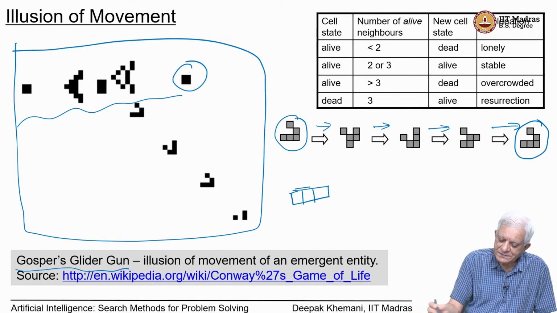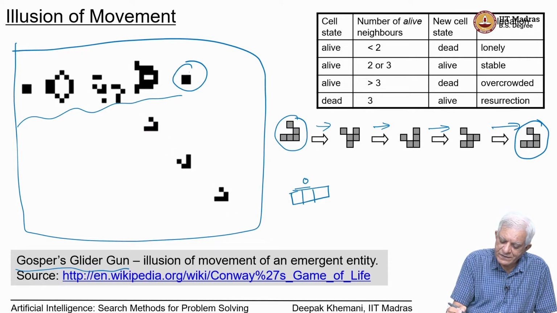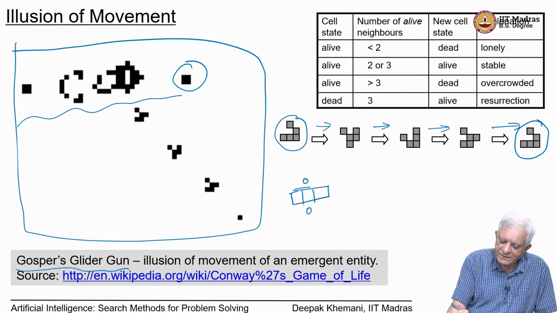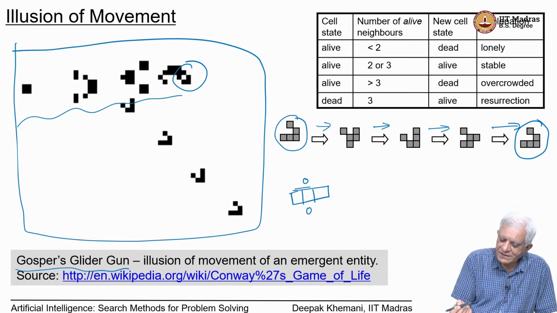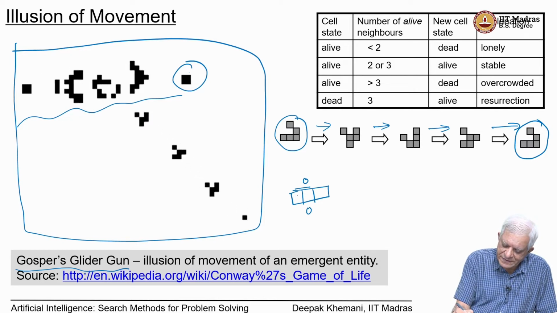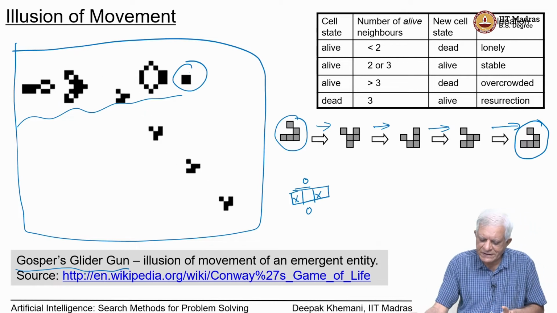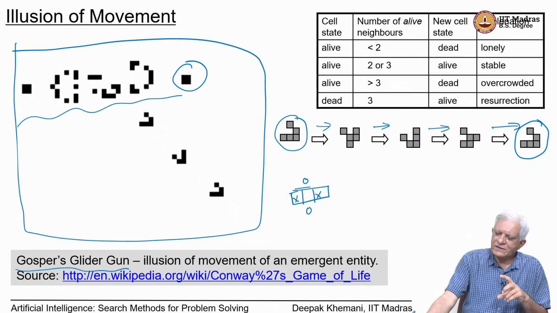So, you can see that a cell here and a cell here will become alive in the next cycle, because it has 3 neighbors which are alive, whereas this cell will die and this cell will die. So, you should work out this detail and see that that is the case. So, this looks like